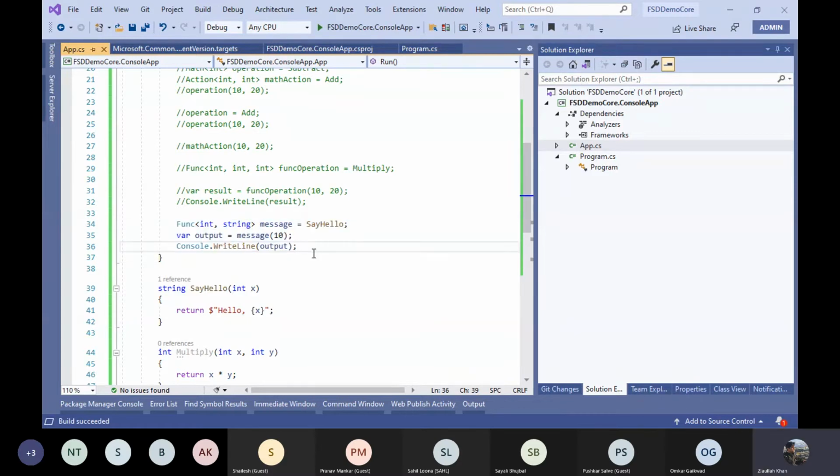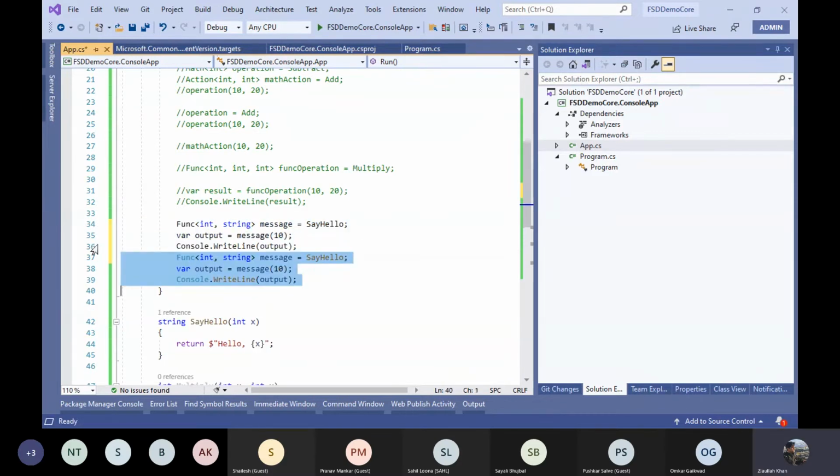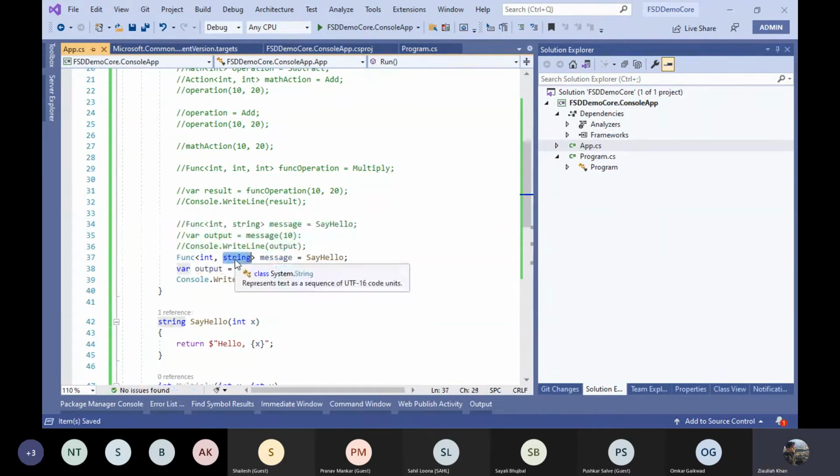The last variant, I sometimes feel that it is an overload of the Func. If I want to return a Boolean over here, and instead of SayHello, if I want to have a function that says is not 0,